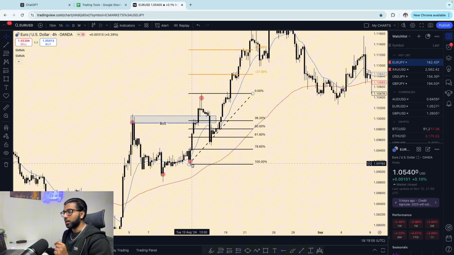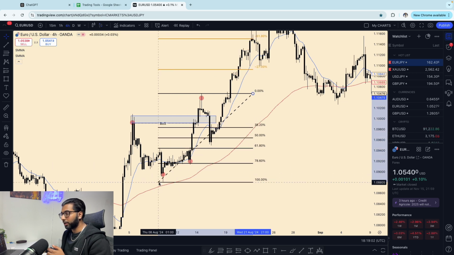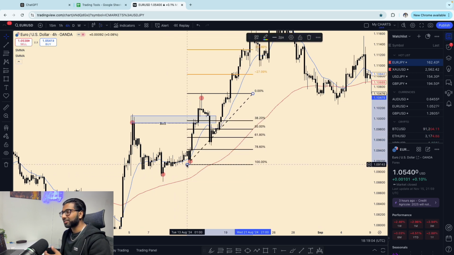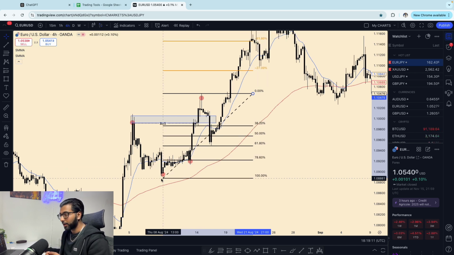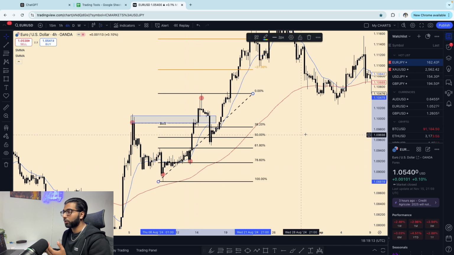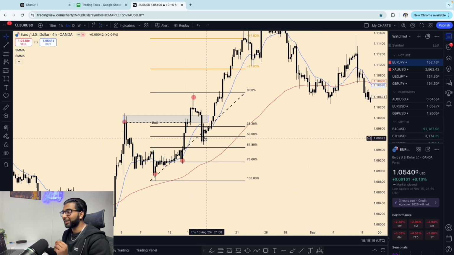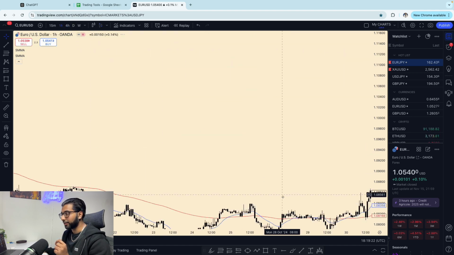Now, even though we put a leg here, or here, it doesn't make a major difference, okay? And this is why I wanted to show you guys, because it doesn't actually matter where you put it, as long as it's a low and you follow it through. Now you can see that, guys, over here, you can clearly see that it wasn't respecting any of the Fibonacci levels. However, if we scale in,